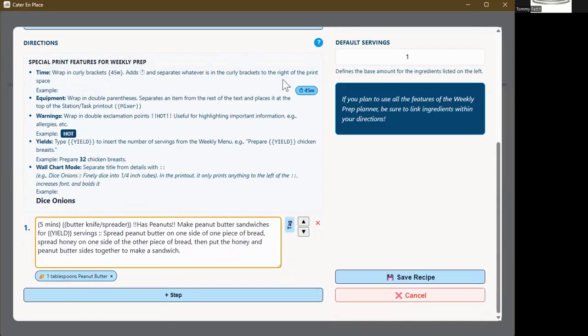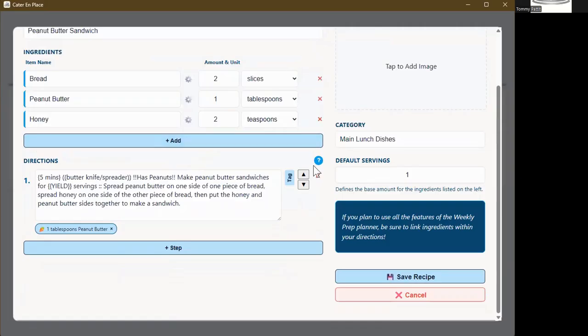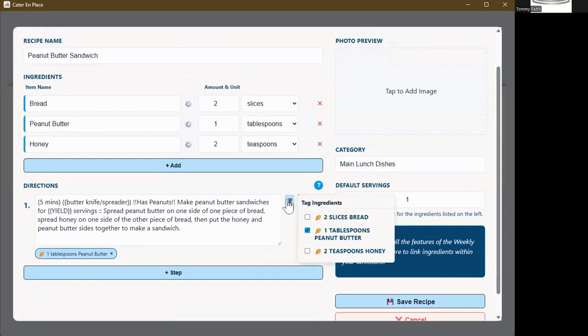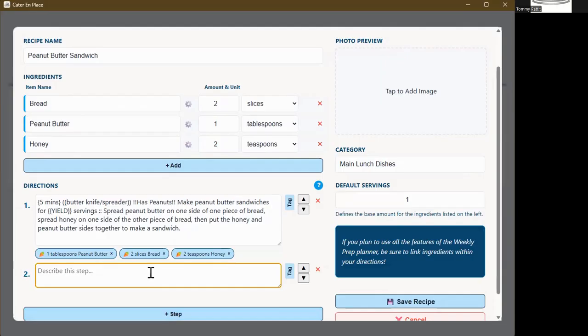And we're done using this now for the moment. So we'll close that. And then we can see we've got the three ingredients. So we're going to go into the tags here. We're using all three ingredients in this one direction. And then the last one is